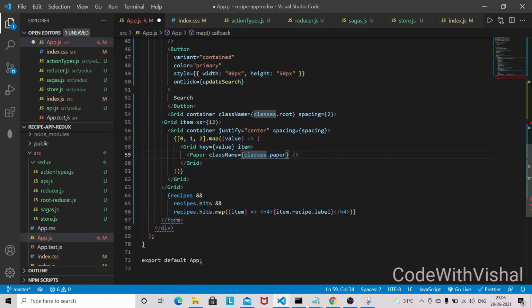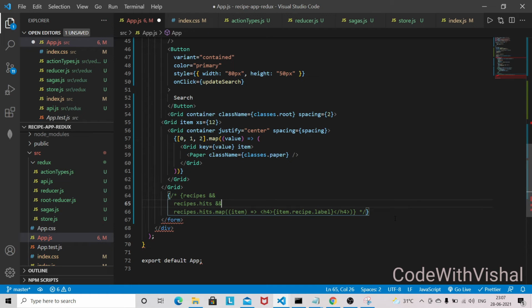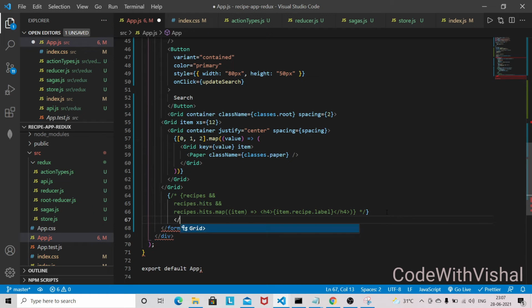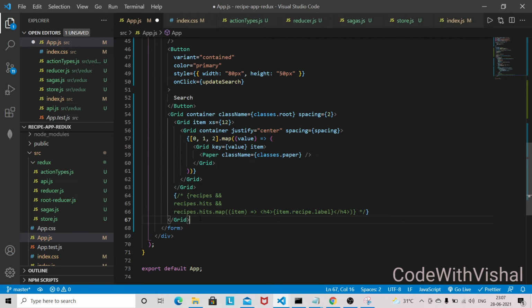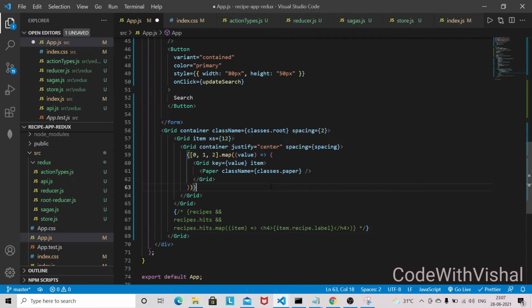and just comment this one as of now, and we need to close the grid as well. So I'll be closing grid here, and after doing all this, you just cut out this thing and put it outside the form, and we need to define this style as well.